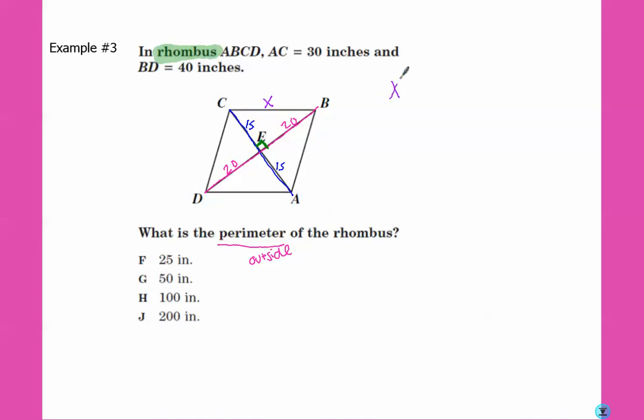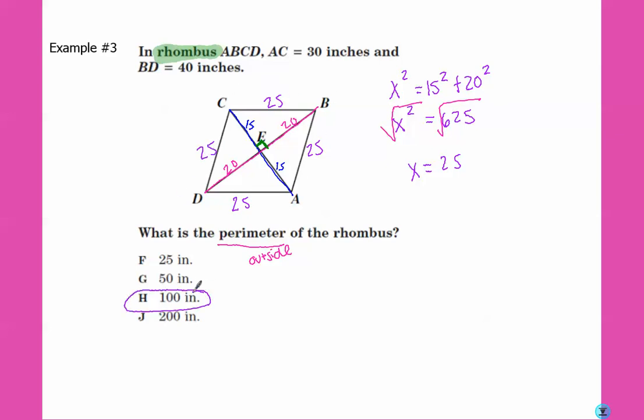So x squared would equal 15 squared plus 20 squared, which means x squared would equal 625. And if I square root both sides, I get that x equals 25. So now I know I've got 25 here, 25 here, 25 here, and 25 here. So if I add all of them up, I get that the perimeter is 100 inches. That's it. Go work